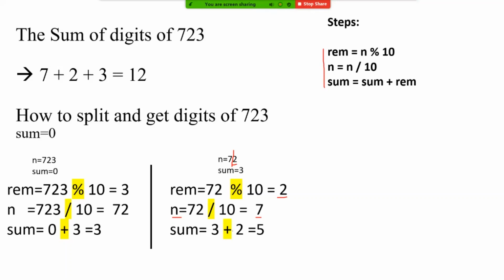The previous value of sum was 3. So we are adding the current remainder 2 into that. 3 plus 2 equal to 5. Now, in the next step, message me what will be the value of n and sum given to the next step. This you should do fast. What will be the value of n and sum which is given to the next step?